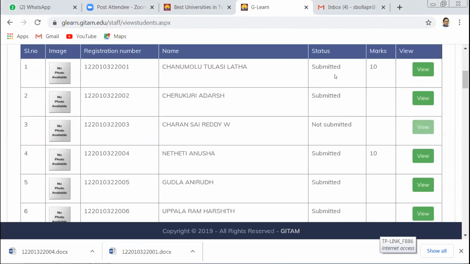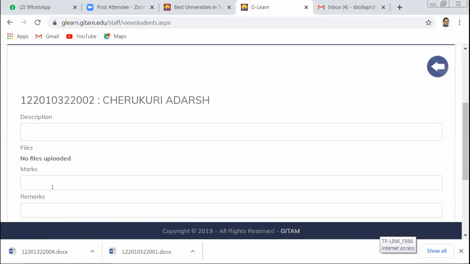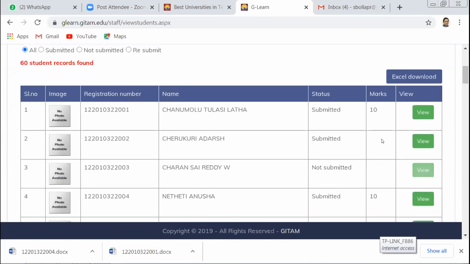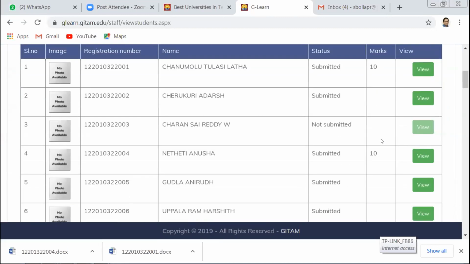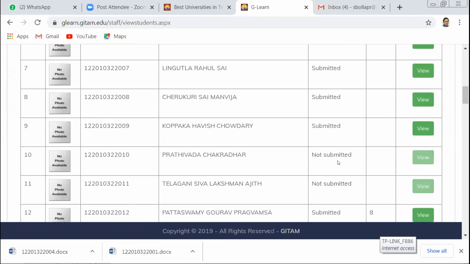Okay, right. Say for example, just now in the morning session, Adarsh has submitted. If I view it, there is no file. So even I was surprised. Maybe he did it by mistake. Unless we physically go and verify it, we don't know whether the file has been submitted or not. And for those who have not submitted, maybe from next time onwards, we'll give sufficient time for submission.